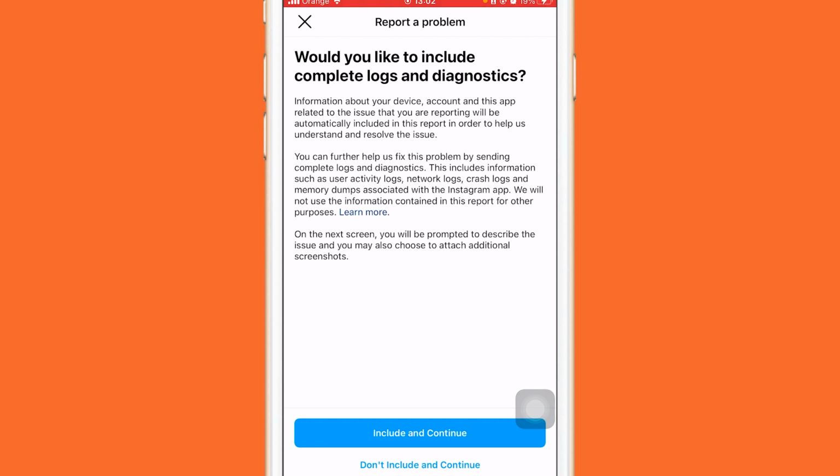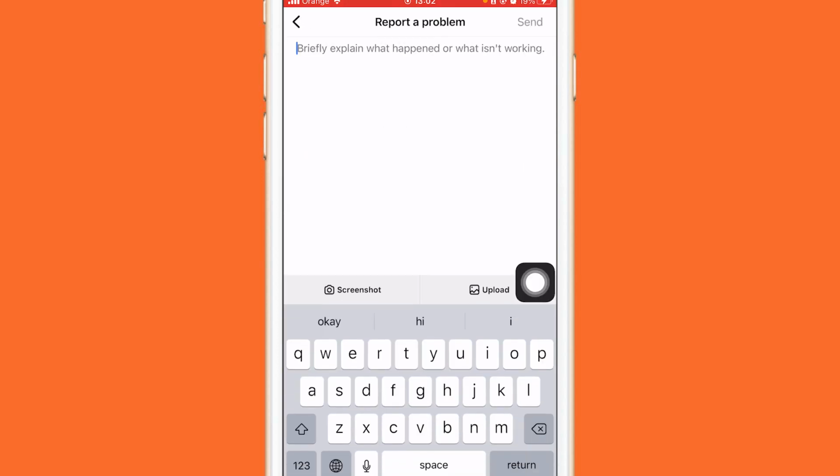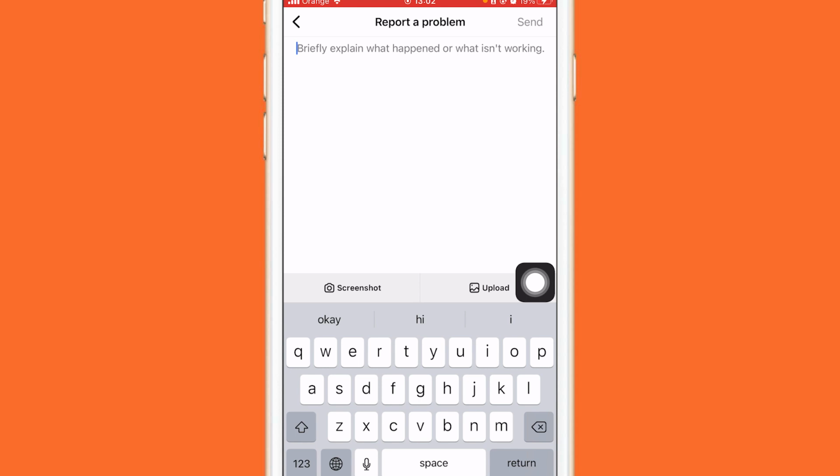Now just follow these steps, because everything really helps each other. Like if you do this step, then you will have a very good chance that you will be able to update messaging today. Okay, you want to just click on don't include and continue, and then here you will have to contact Instagram and tell them that the update messaging option is not showing on your account. Just tell them Instagram